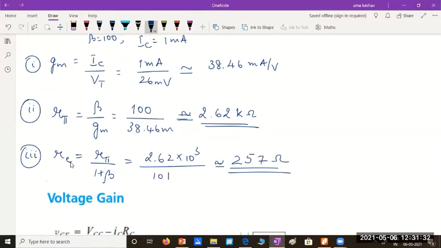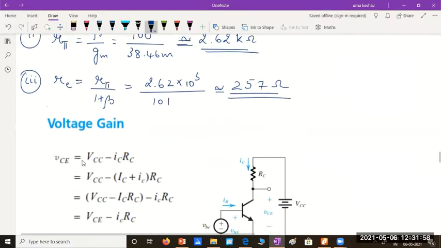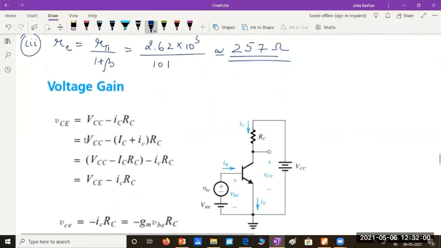Every time the biasing point of a transistor changes, its small signal model will also change, because all the small signal parameters are dependent on these bias values and they are going to change. That's why we need to keep the bias point stable. Stability of bias point is important. The other reason is this one. So the amplifier values will not change.